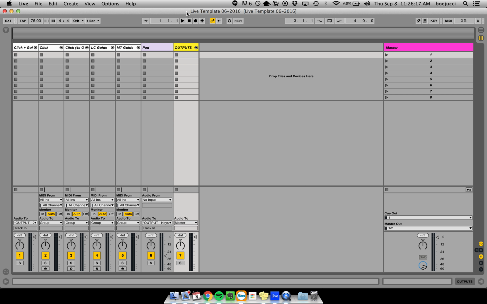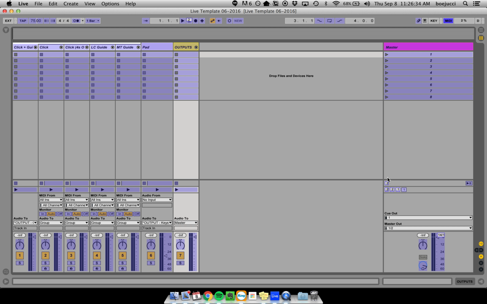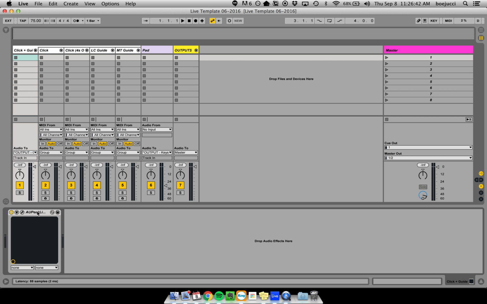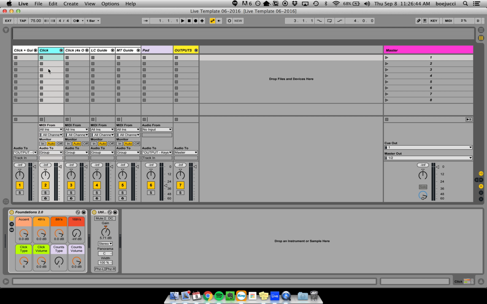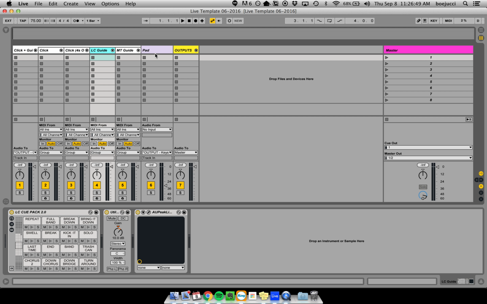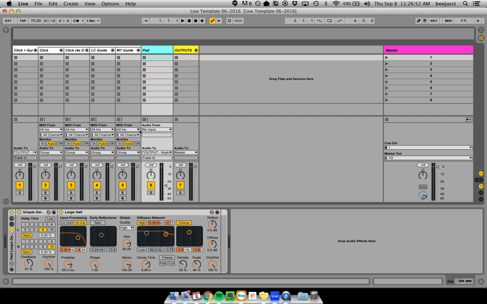The first thing you'll notice, I'm using a template. I have this template put together. This is how I start all of our live sets for our weekend services, and also for any of our tracks that we're making. And this template is really nice because it has a number of things just built in. I've got MIDI mapping already set up. I've got key mapping set up. And I also have a number of effects like peak limiters, and different MIDI instruments for our clicks and our guides, as well as some effects like delay and reverb on our pad,